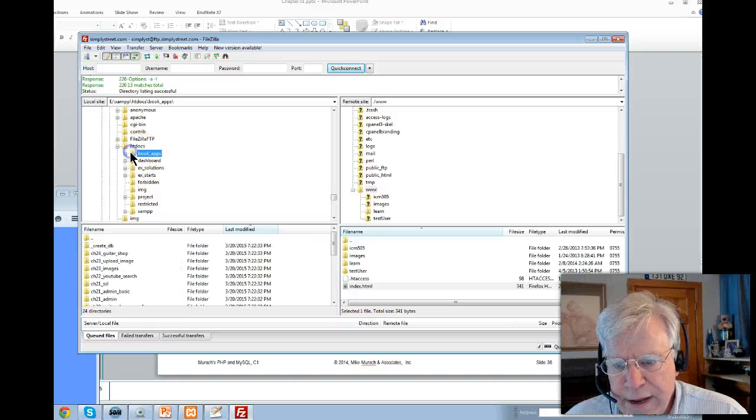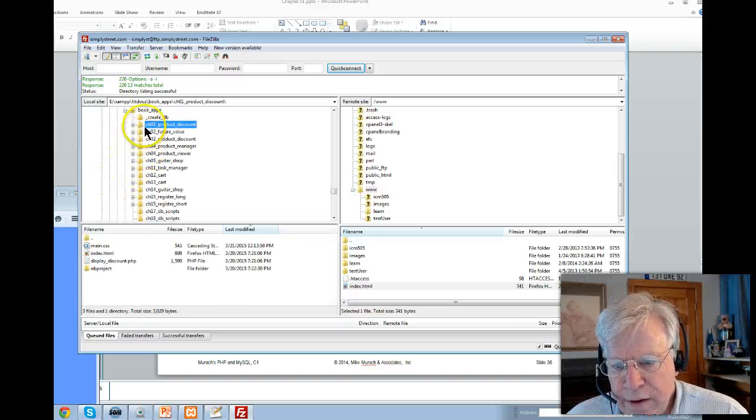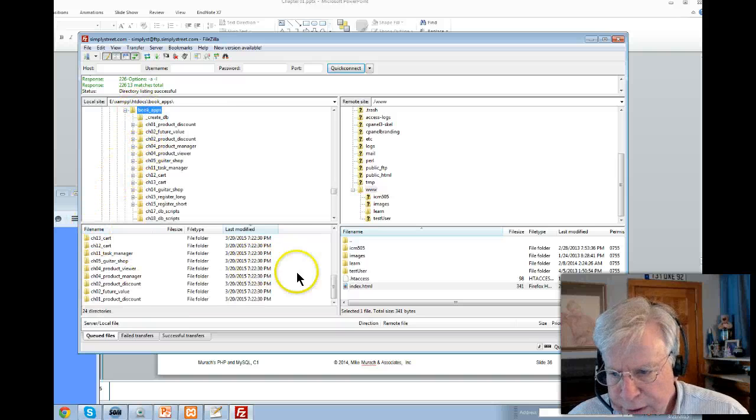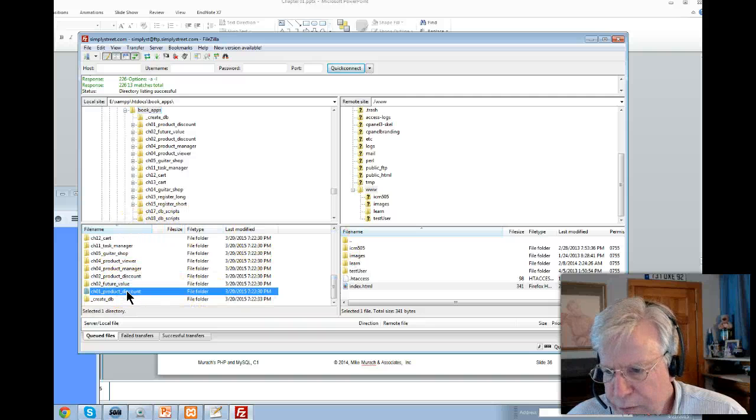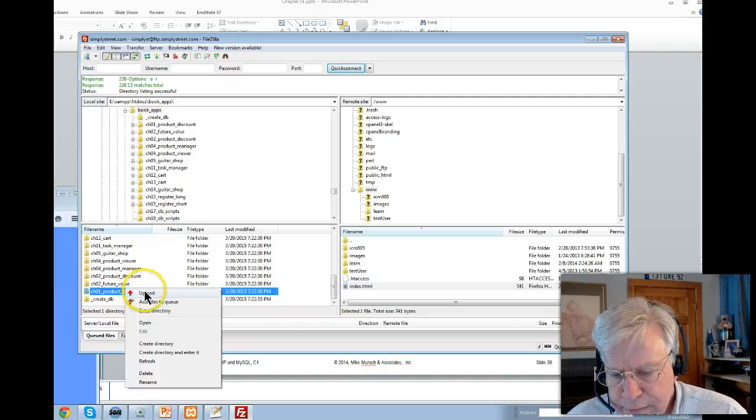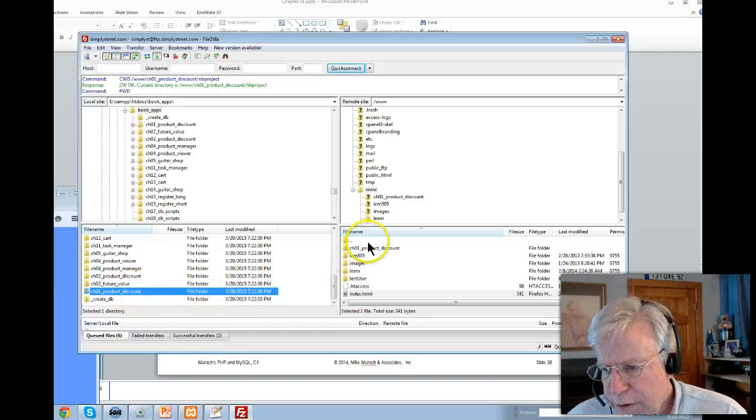I'm going to go to book apps and product discount. So if I'm at book apps and I come up to, let's see, where is it? Product discount. I'm going to right click and I'm going to upload that whole folder